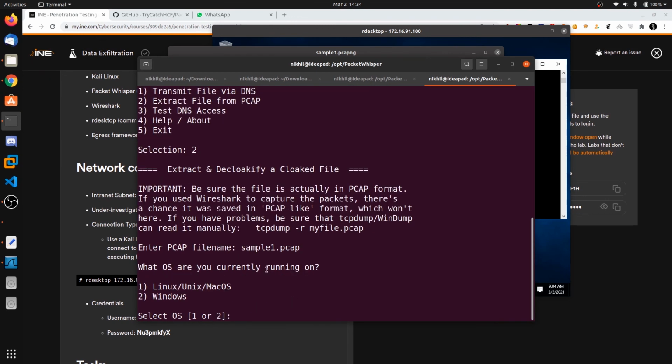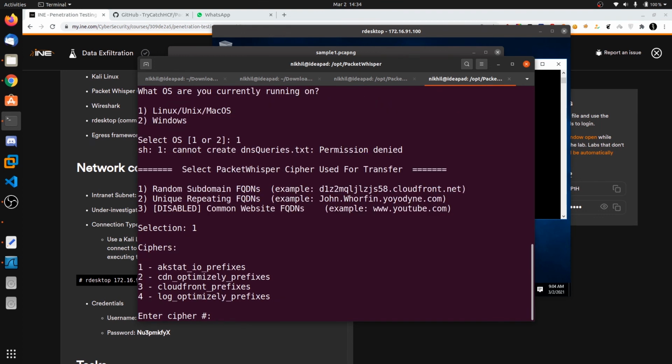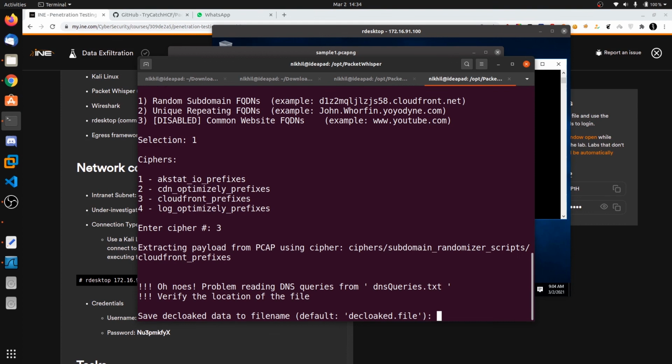What OS are you currently running on? This is Linux, and we need to choose the same cipher methods, random and CloudFront. Hit enter. We can put it as decloak good.file.